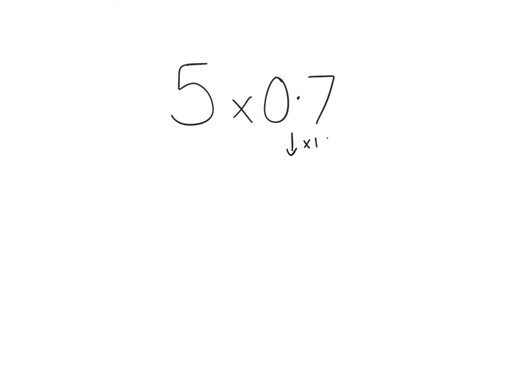So I'm going to times this by 10, which would now make this sum the number 5 times 7, which using my 5 times table or my 7 times table gives me 35 as an answer. However, this sum is out of balance at the moment because I've made the 0.7 10 times bigger in order to make my sum easier to work out. So the opposite of multiplying is dividing. So if we now divide by 10,